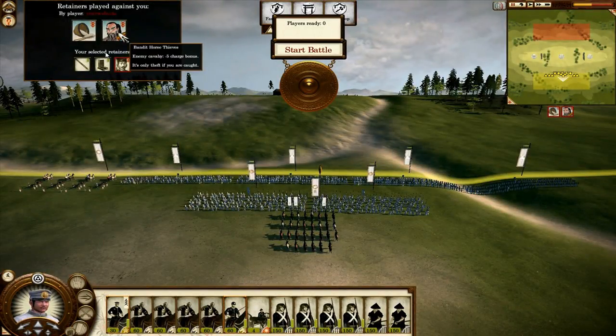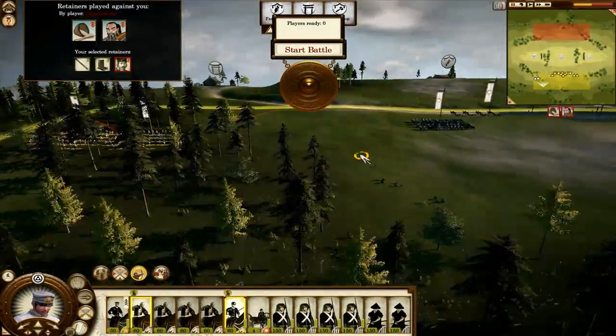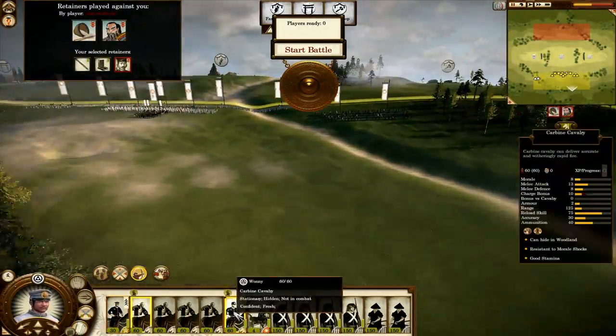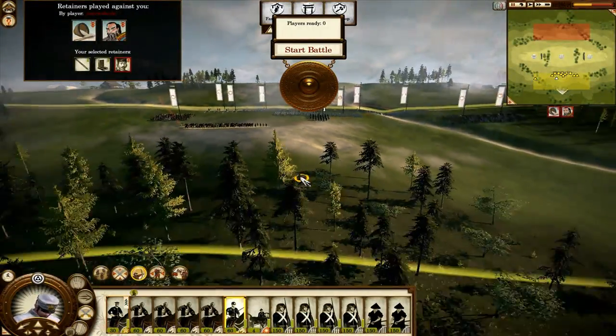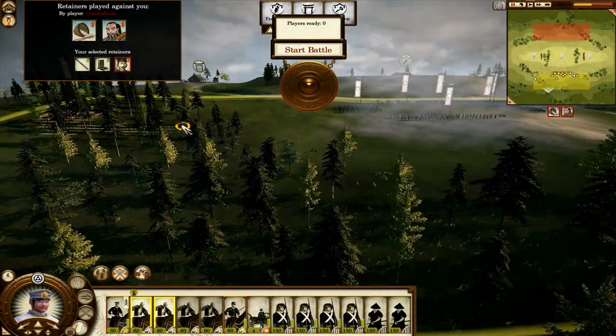Okay, so we can see that we've had two retainers played against us. One to reduce our cavalry's effectiveness and one to make our fatigue resistance lowered, I think. Okay, so the way we're going to line up...